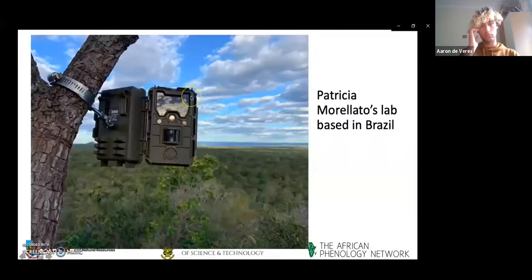And so this is also information that was shared with us by the team of Patricia Morellato in Brazil. So this is how they have set this up, very innovative. And so the camera can be positioned in a way to overlook the canopy. They are not using the straps, but they have come up with this kit, this setup to hang it,